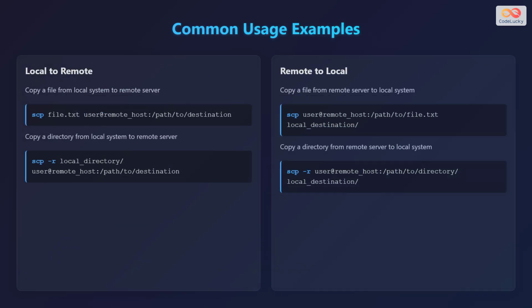Here are some common examples of using the SCP command. To copy a file from your local system to a remote server, the command is SCP, then the file name followed by the username at the remote host, a colon, and the destination path. For copying a directory, add the recursive option, which is -r. Then specify the local directory, followed by the username at remote host